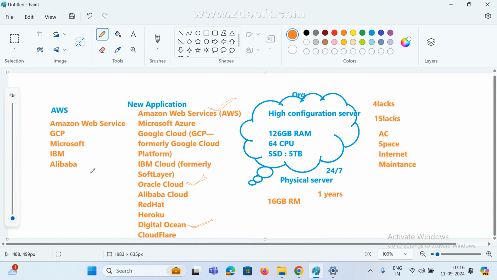Cloud nowadays, even if you attend any interview, mostly they ask which cloud you know, but all are cloud only, no need to learn all these things, sir. If you want to learn all clouds, it will take at least 3 to 5 years, but all are the same only. We are going to learn one cloud. So now we are going to learn only AWS cloud, and same process, same services, all are the same only. Easily we can understand other clouds.